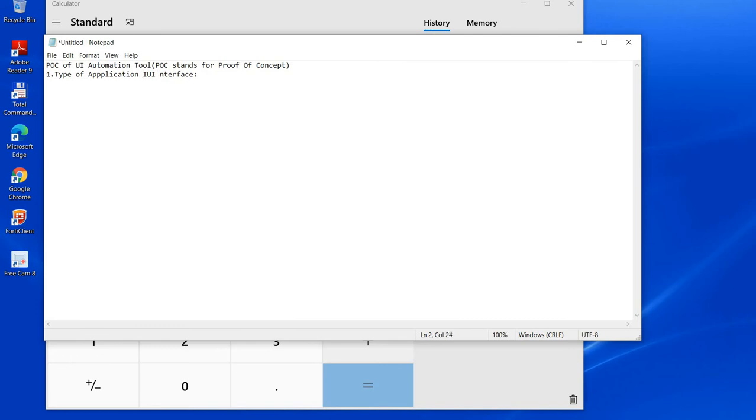First is the web interface app, where the interface of the app runs inside the browser. The pages of the application are written in technologies like HTML, HTML5, Angular, Vue. These are the web technologies.